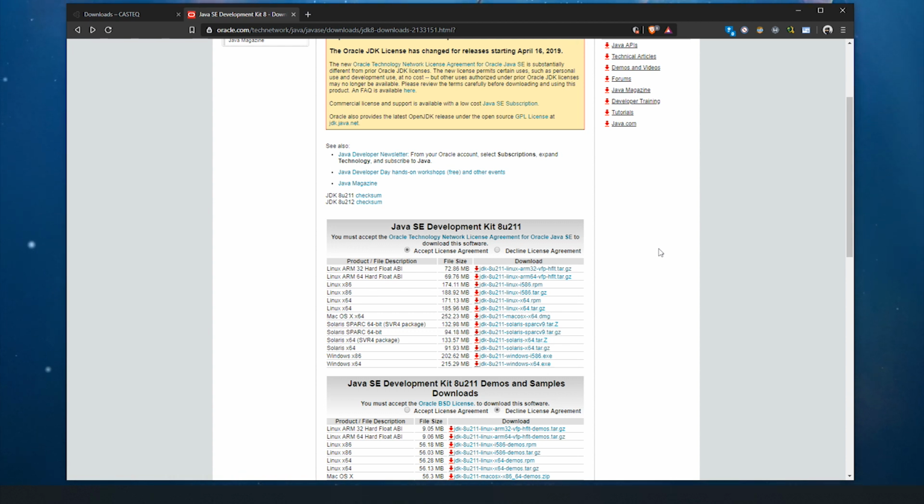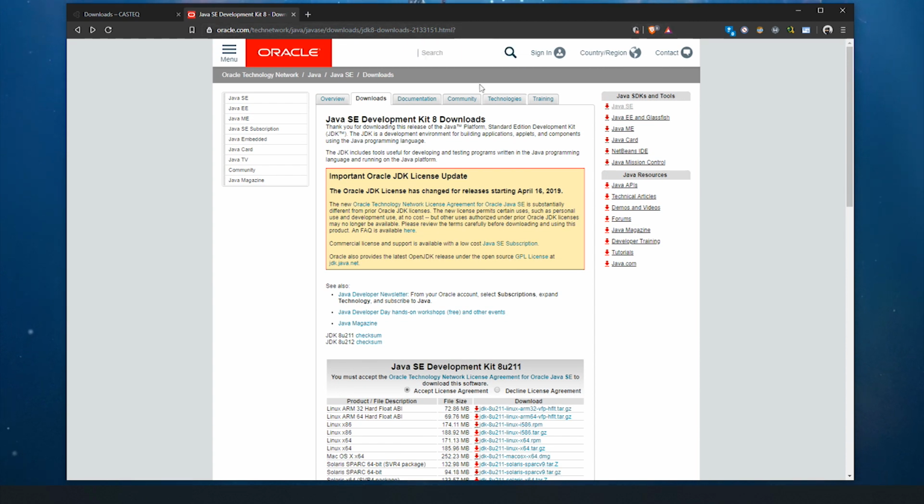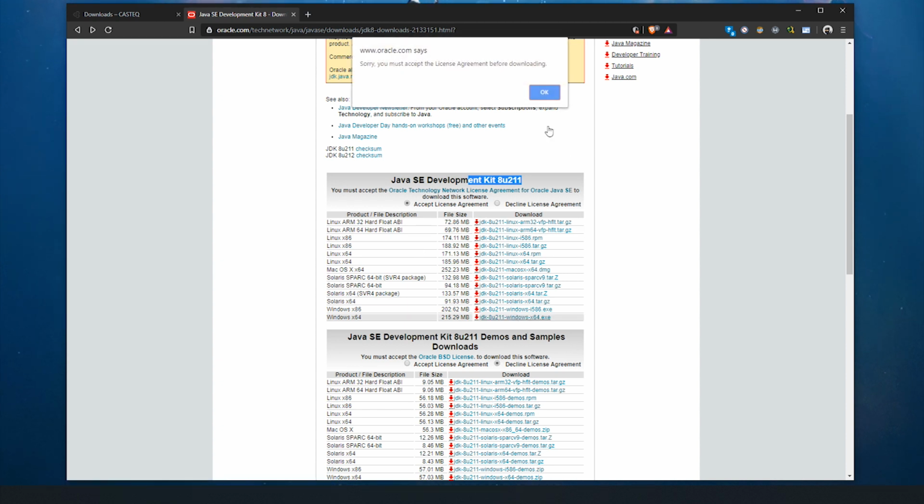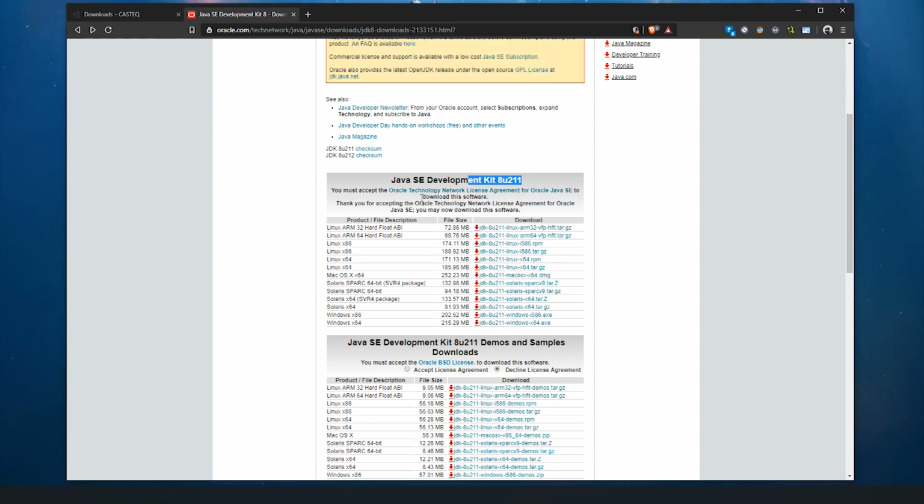Basically what I tried to do is create my own download page for it, because if you go on the Oracle official page, which I will also be including if you want to use that instead, or if my downloads are outdated or something like that, you can use that instead. You basically select the Java SE Development Kit, you click accept license agreement, and then you click here, and you need to click on that so it shows that, and then you click here,